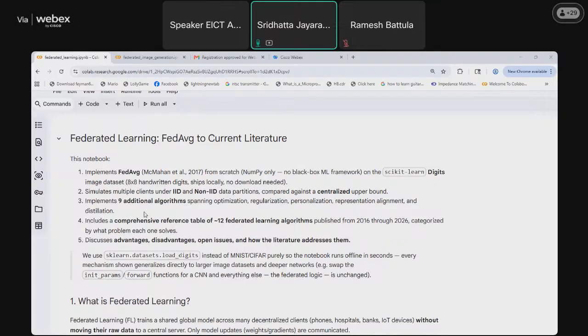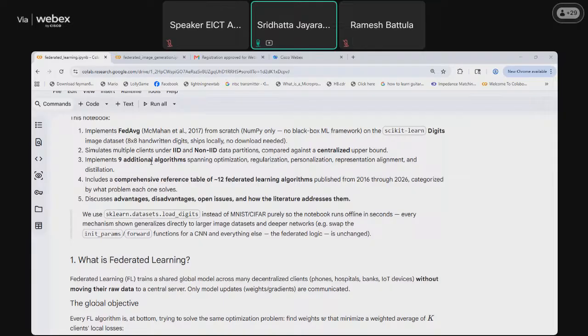And then we are going to see how the data distribution in federated learning can be of different types, namely IID, which means independent and identically distributed, and non-IID, which is non-identically distributed.